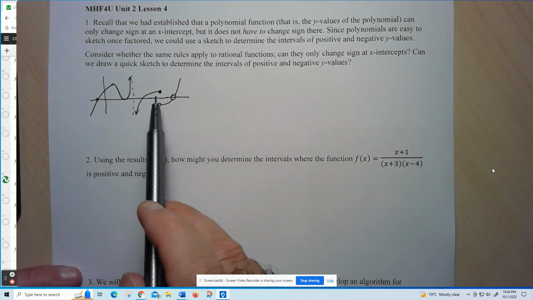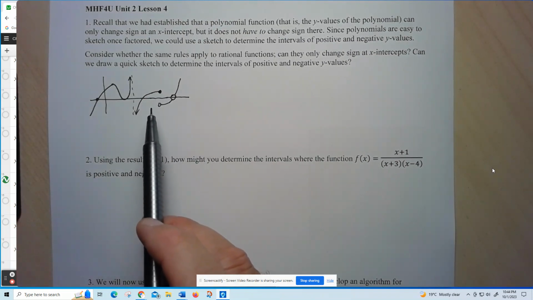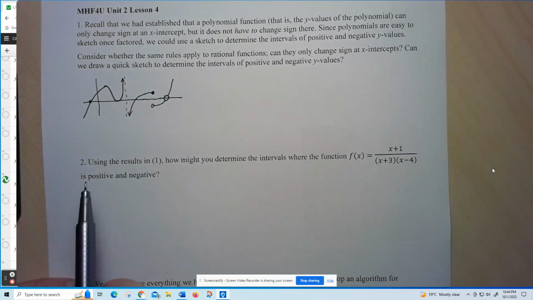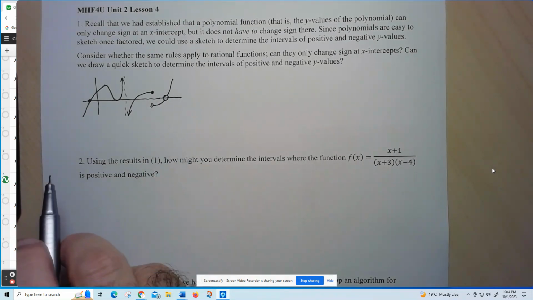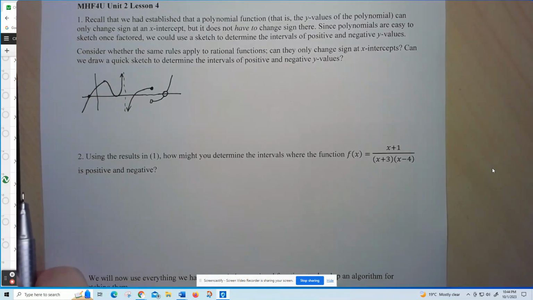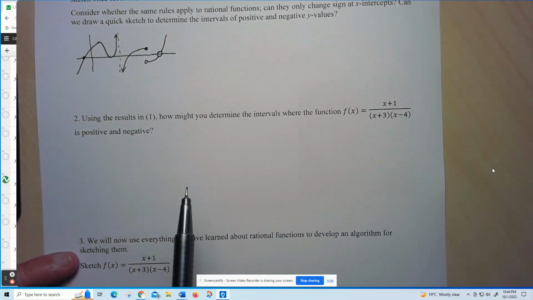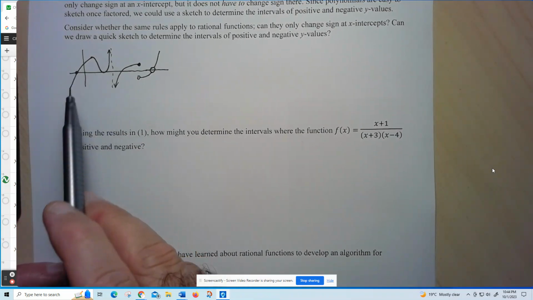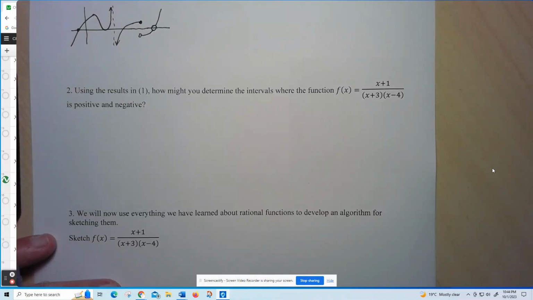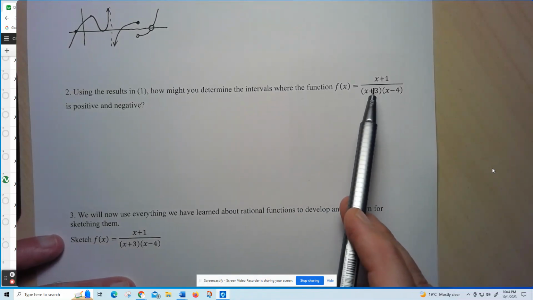Now, a jump is something we're going to see cannot happen with a rational function, but we certainly know that they can have vertical asymptotes, and we certainly know that they can have holes, and it could very well be that that hole happens to occur at the x-axis. So now, when we're looking for where a function can change sign, in other words, trying to figure out where it's positive and negative, we're going to have to expand our universe, okay, and not just consider x-intercepts. So what I want you to do is see if you can figure out when this function